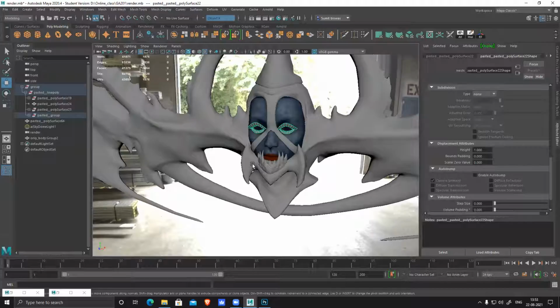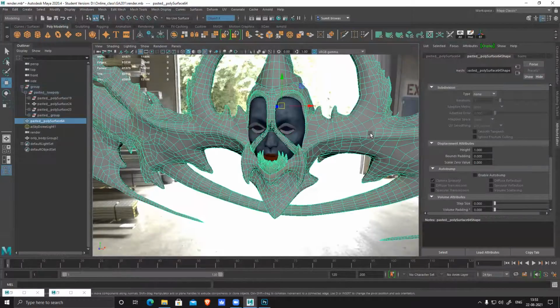but try not to use displacement map for all the parts, especially for skin. Only for the horn, wherever it's required. So horns and all, we have those really fine details. For that, I'll use displacement map, and for the rest of the body or the other parts, I won't use anything. Okay, sir. So I'll use normal map for them. So it will work perfectly, because more displacement maps means it will increase rendering time.